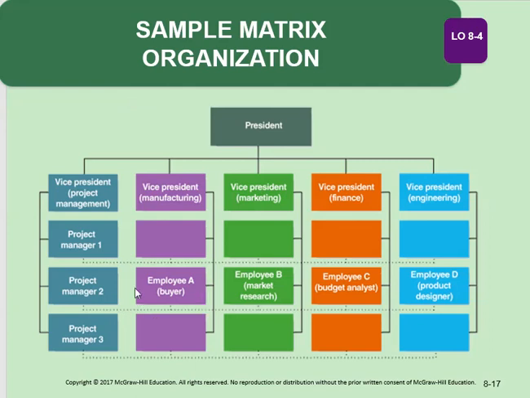So for example, employee A, the buyer in magenta, has 2 managers now. They have their project manager and they have their manufacturing manager. So in a matrix organization, you have projects that are temporary. And each employee, while they're working on a project, has multiple managers, one for the project and another one for their